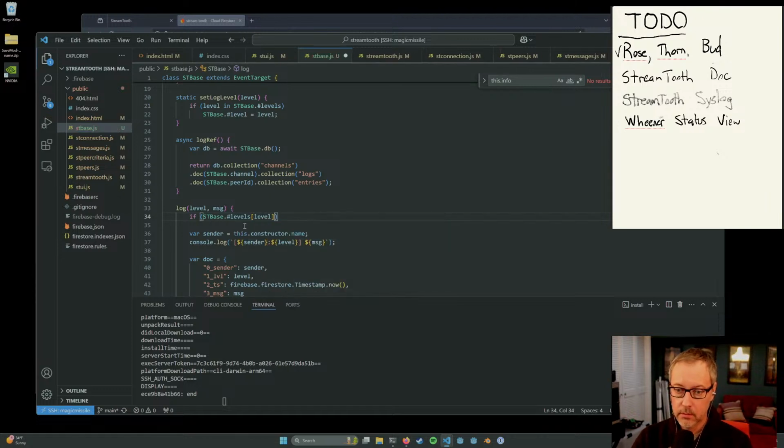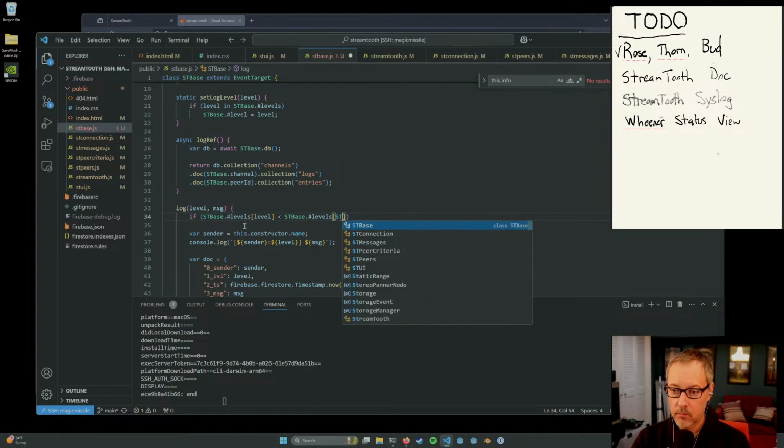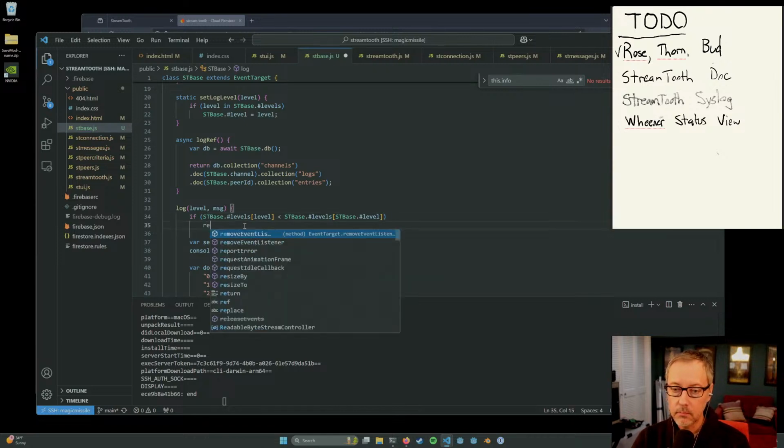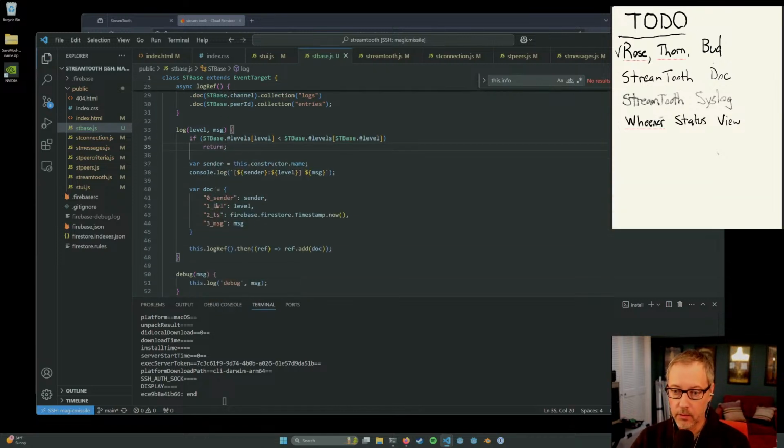Oh my God. All right, if the level you're passing in is less than, then we don't log it.